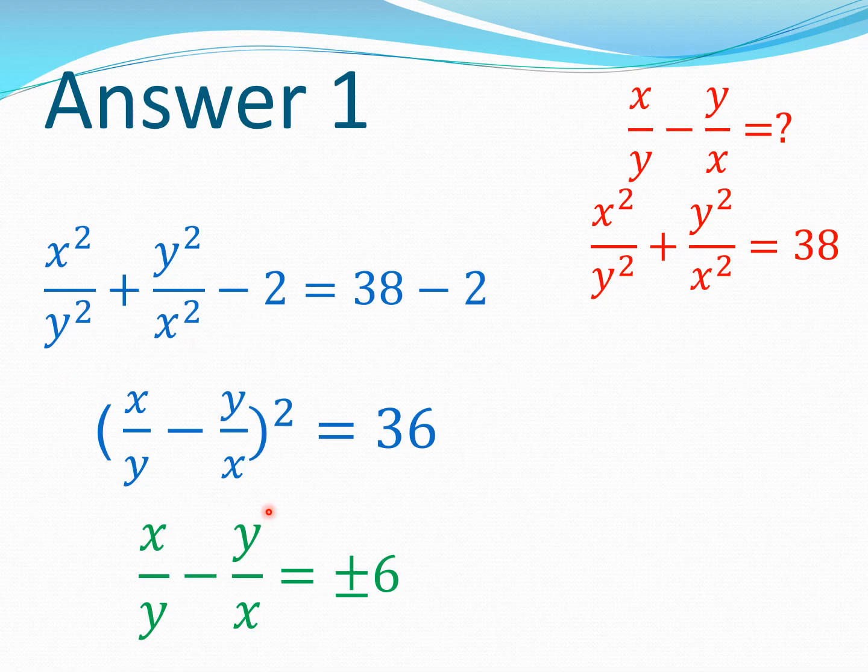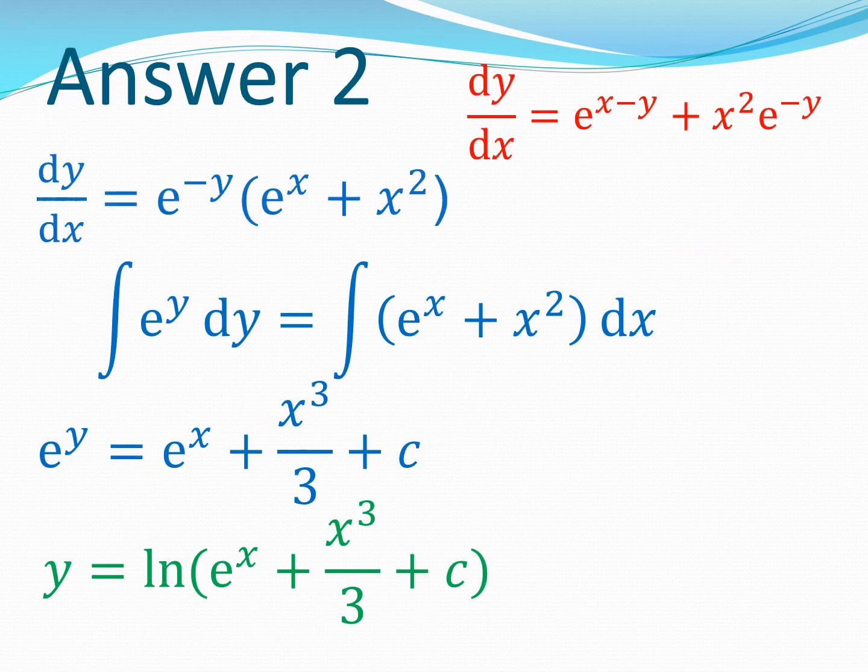Now if I can make this particular transformation, then the problem becomes extremely simple. I can take the square root on both sides, and so 36 becomes plus or minus 6. So I can immediately write that x by y minus y by x is plus minus 6. So this is a nice warm-up problem. Now that we have slightly warmed up the brain, let us do number 2 problem, and this was the